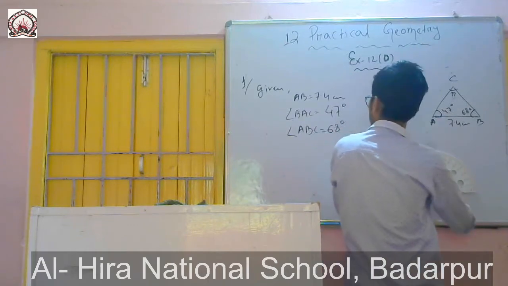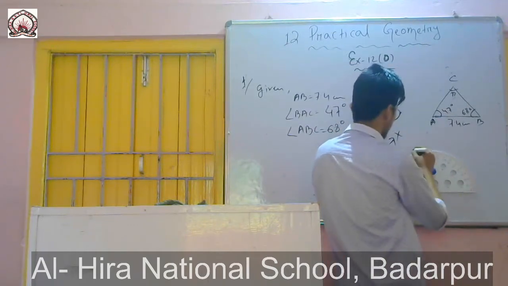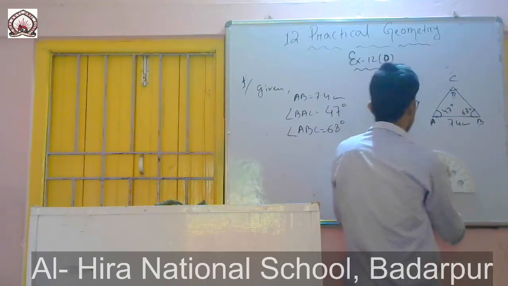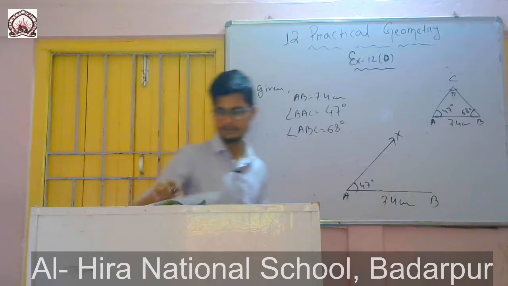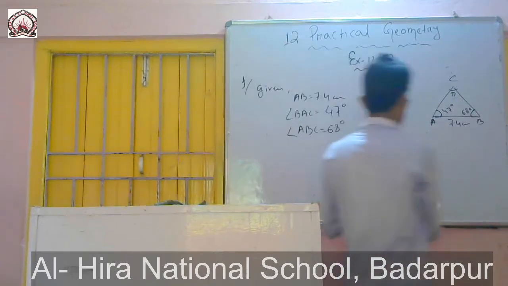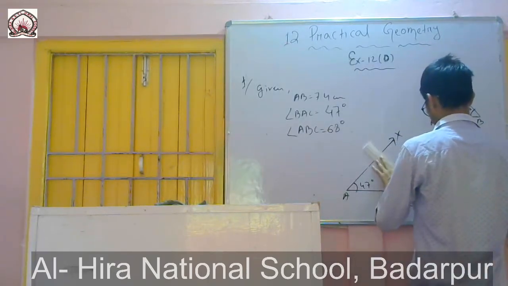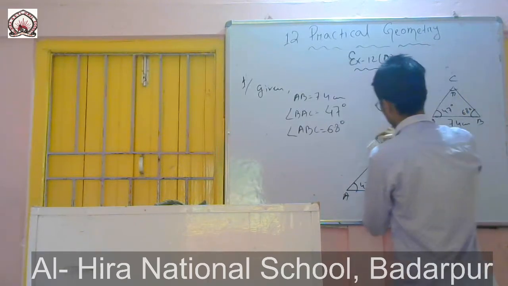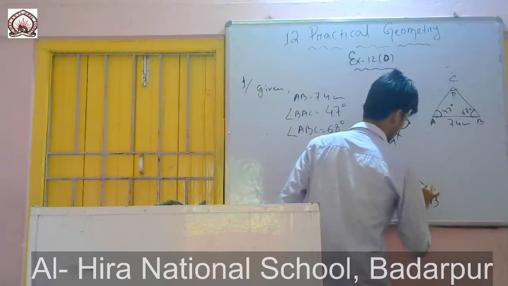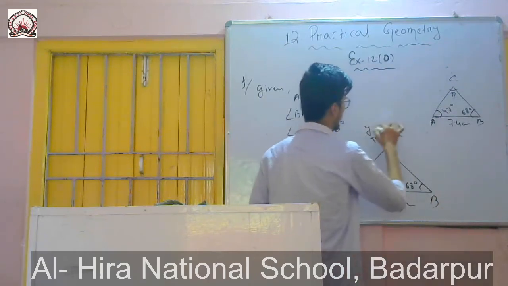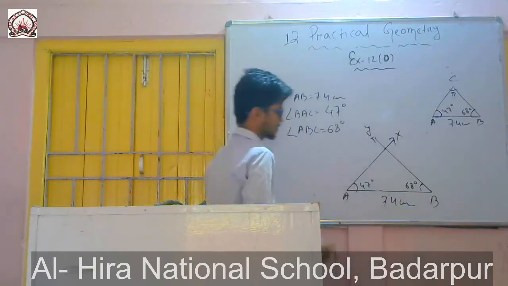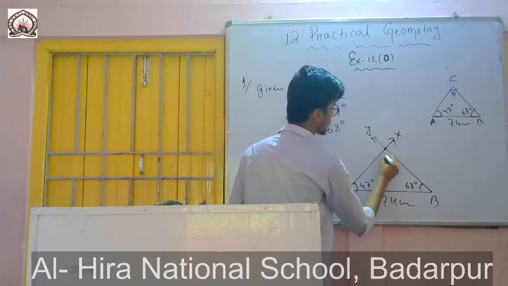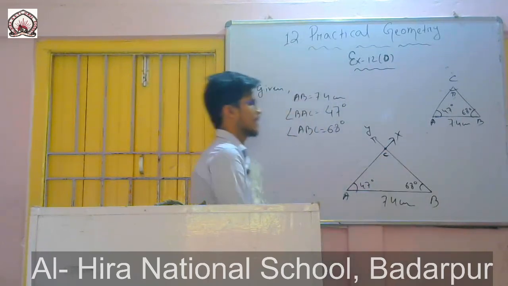The question is to find 68 degrees. So somewhere there it will be 68 degree. If I simply draw this one, it will be like this. It is given as 68 degree, and I will name it as X. So I got a point of intersection. You see, first I draw this angle, then I draw this angle, and I got a point of intersection. I will name it as C.